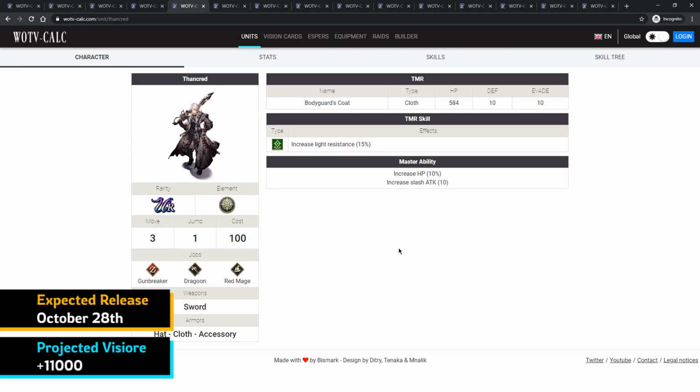Knowing what I know now about how the game works, I really regret not jumping on the free Thancred bandwagon at the beginning of the game, but I wouldn't spend visiore on his shards. The reason being is I just don't think Thancred does enough different or better than a lot of the units that are already out there, like Orlandeau, Agrius, Delita, Warrior of Light, Engelbert. Personally, I just feel like there's too many other units that outclass him to justify spending visiore here as a